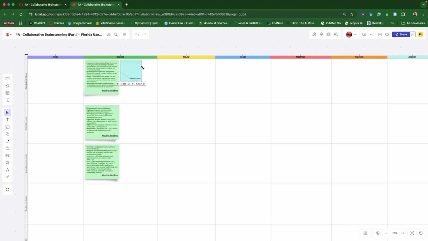Let me expand this a little bit so that it's clear that my arrow is connected to this, that my question is specific to this sticky note here. So I can type something, why not do XYZ? I'm just putting that XYZ.